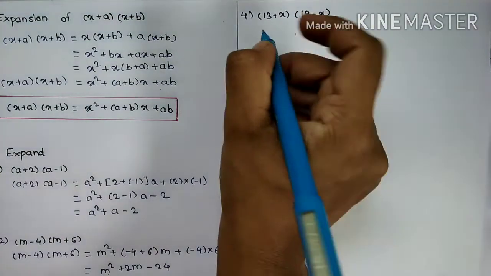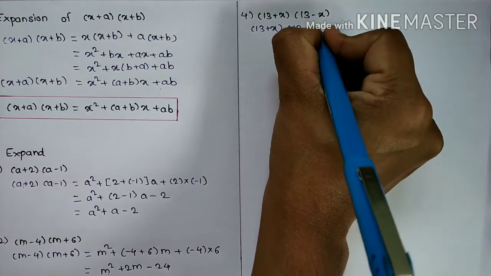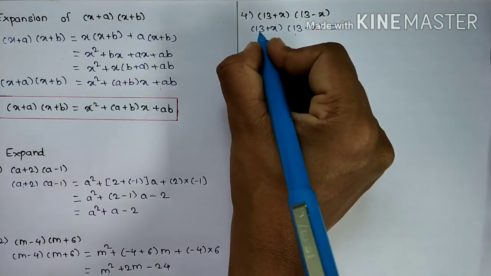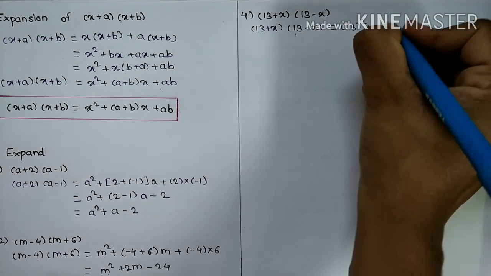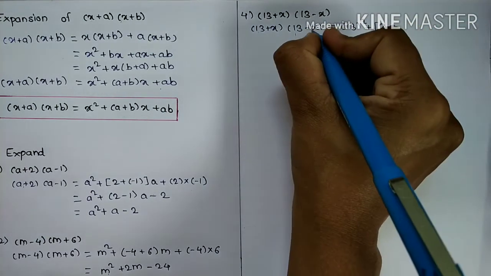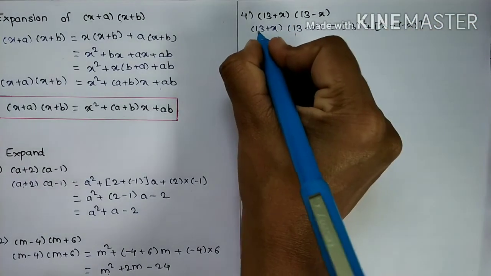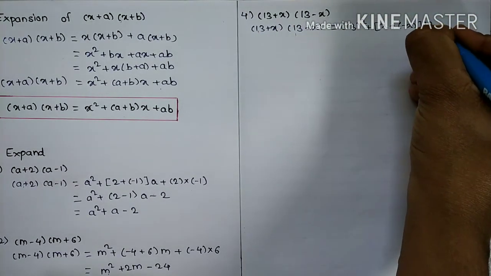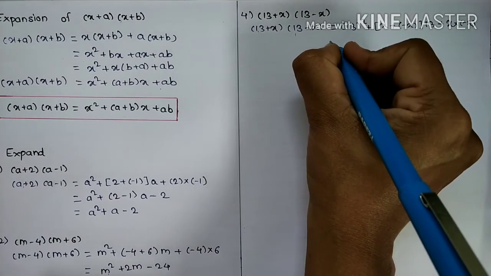Therefore, write (13 plus x) into (13 minus x), which is equal to 13 square plus (a is x plus b is minus x) into x, that is 13, plus a into b, that means x into minus x, which is equal to 13 square is